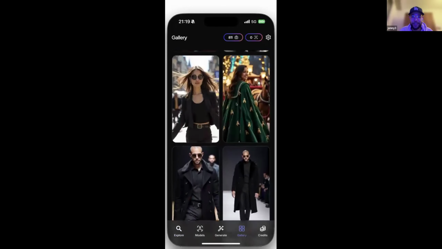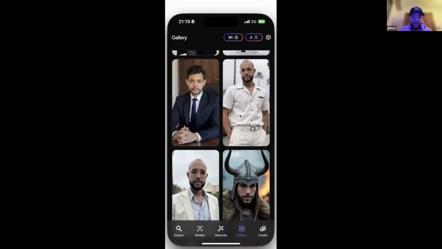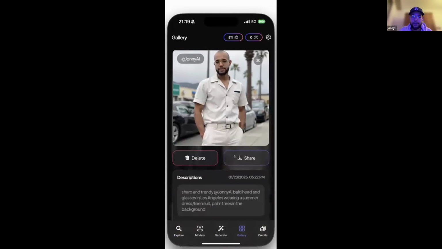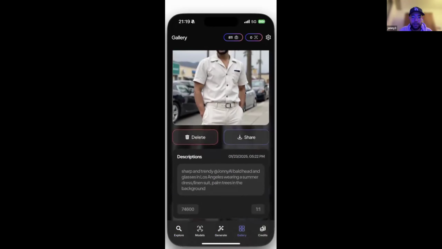So basically, here you have your gallery and all the photos that you have already generated. If you click on one, you can delete it, you can share it and download it by clicking here. You can see the prompts, and if you will take a look at this icon,